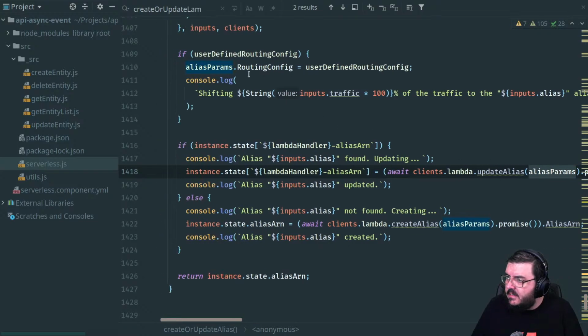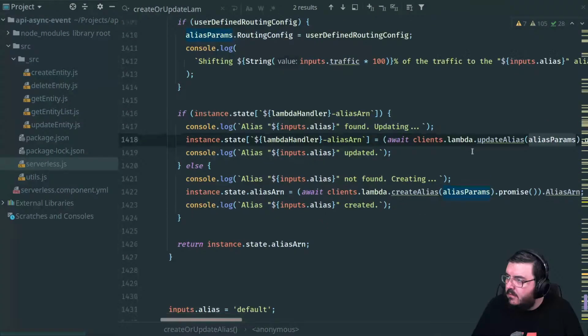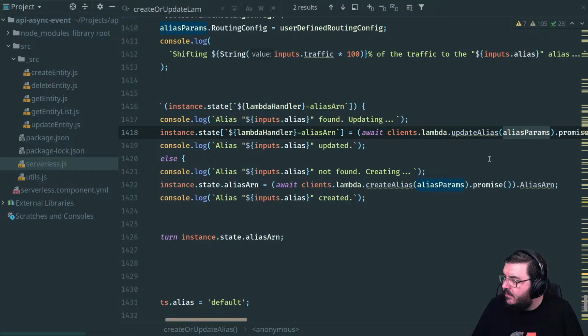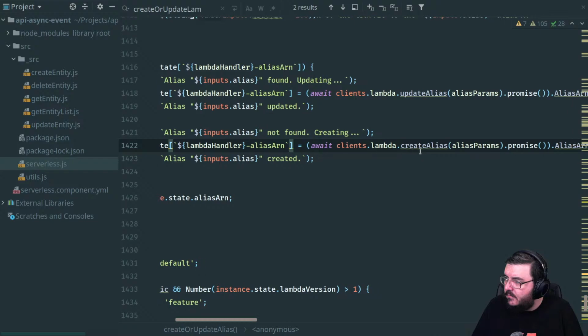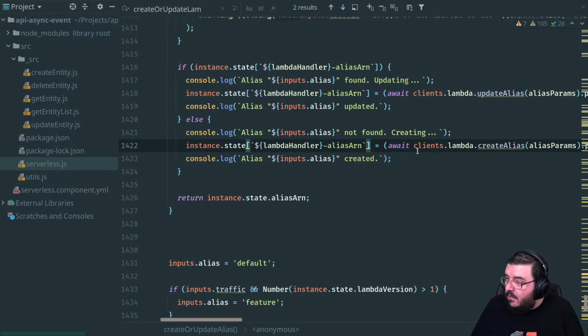Where is this? Our alias parameters up there, which we looked at. And we looked at those. All right, so that should do it.